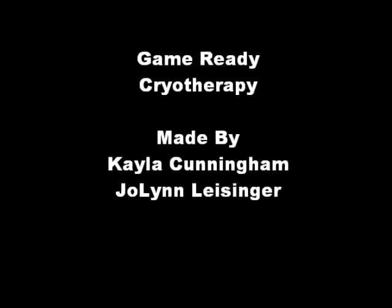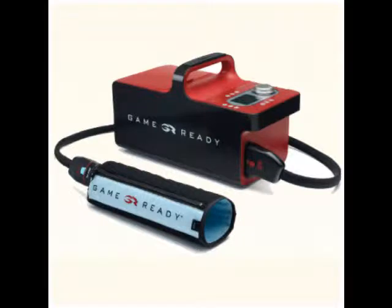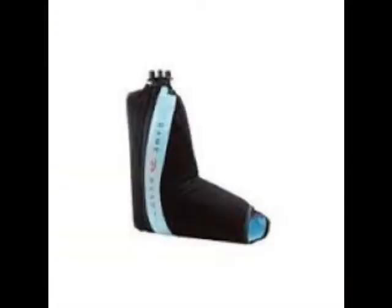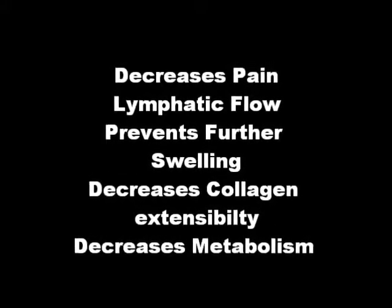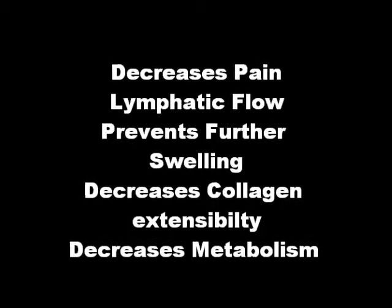The GameReady is a cryocompression unit. Cold water runs through the sleeves while compression can be applied. The GameReady machine has a pump that inflates the sleeve and deflates the sleeve during the treatment, known as the on and off time. The effects of the GameReady can include the following. It can decrease pain, help with lymphatic flow, prevent further swelling, decrease collagen extensibility, and decrease the metabolism of the